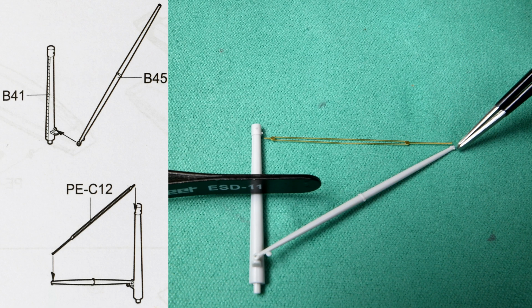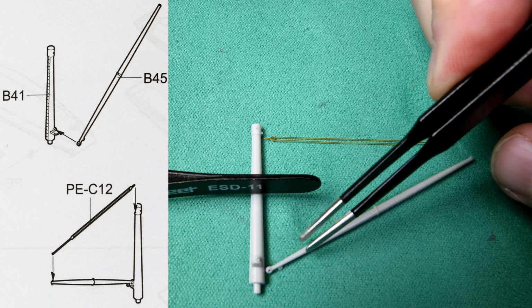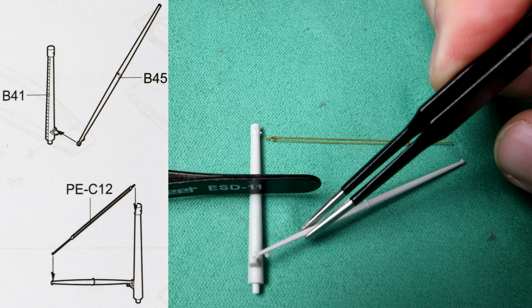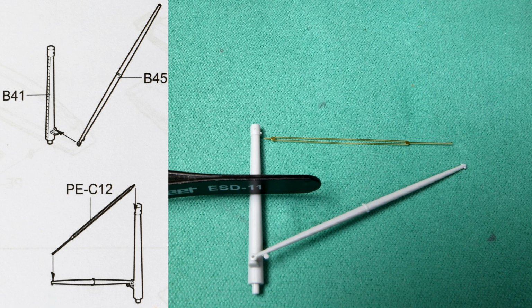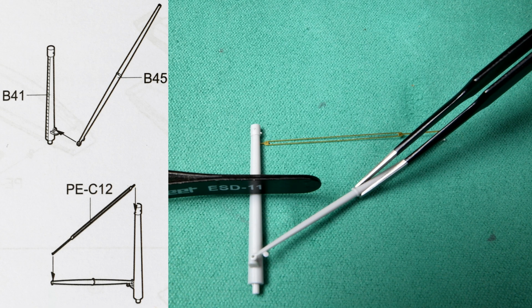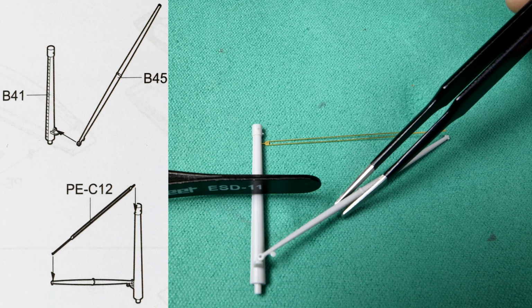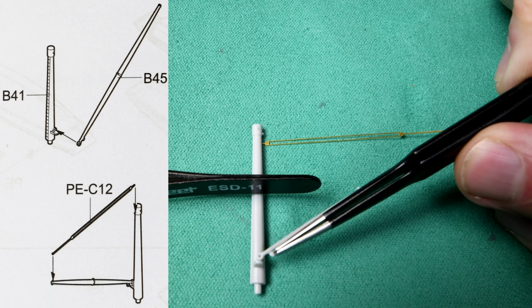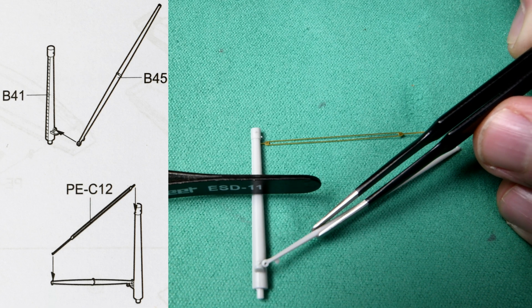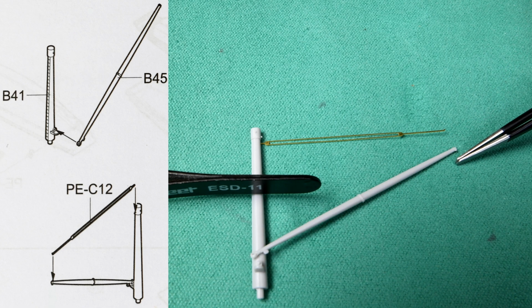Okay, I think we got the angle approximately right. I think if I was to put some extra thin on right there, in all likelihood the pin will go through that little hole. I'll put the macro lens on, and we'll just get this back at the right angle. Okay, it's approximately at the right angle. My goodness. Okay, yeah, I think we probably will be able to bend it slightly afterwards. See what happens is I'll get it right here, and then I'll notice that it's wrong here, and then when I go to move it,